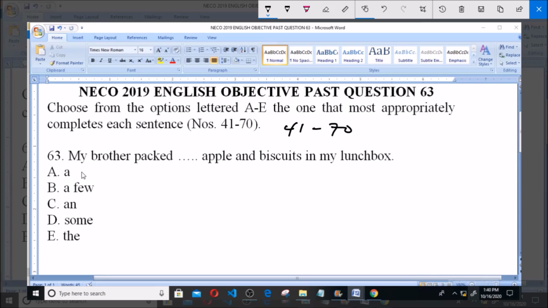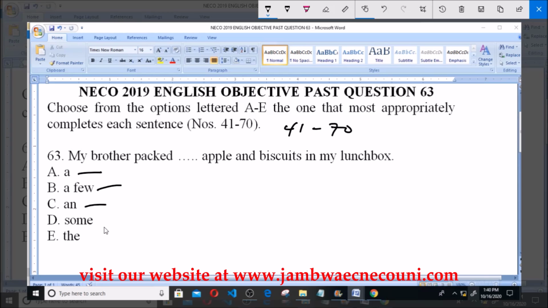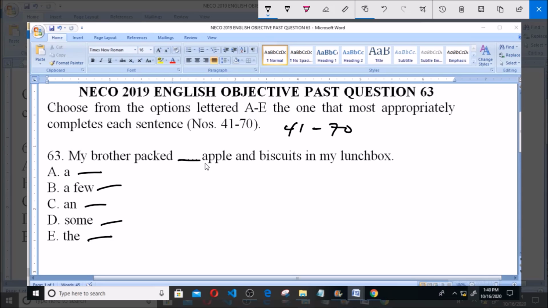Option A say a. Option B say a few. Option C say an. Option D say some. Option E say the. Now we cannot use option A because the space here, the word that follows the space is apple, and by the rule of grammar,